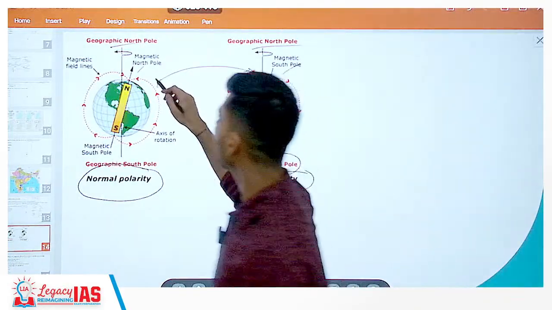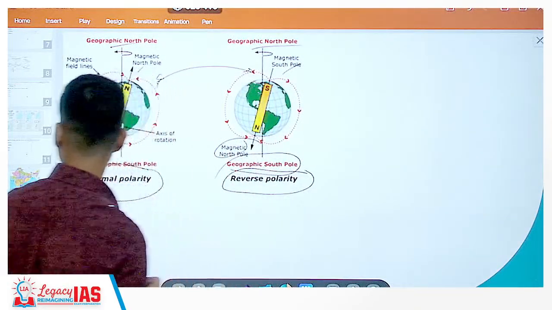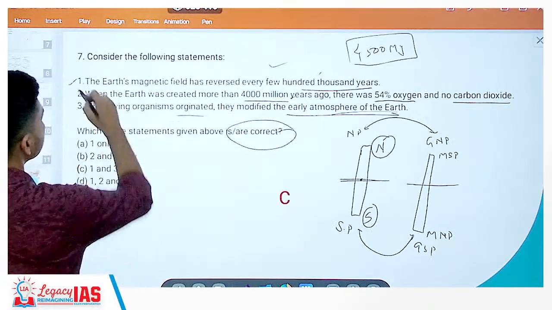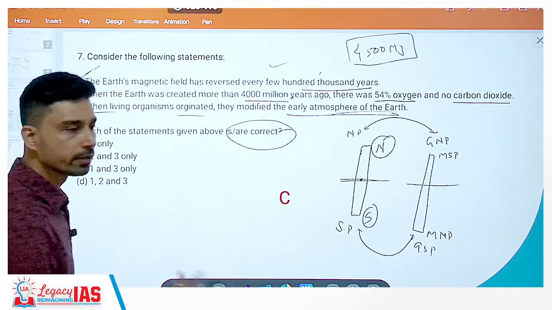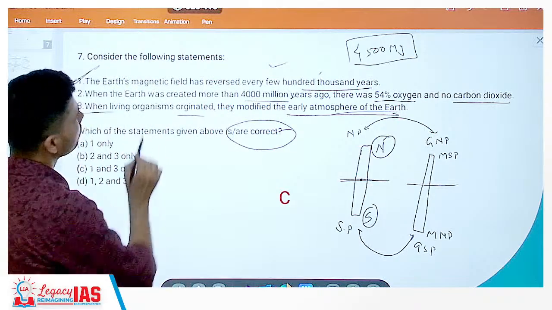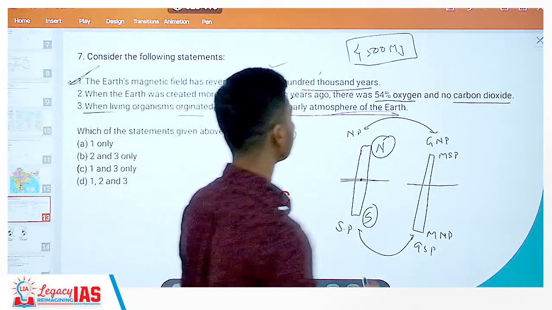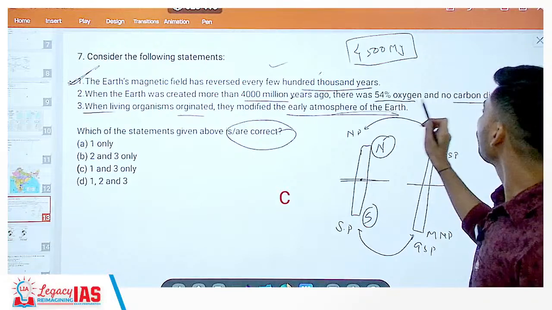So this is an area of active research, we can say. So from that what we can say, the first statement indeed is correct, reversal indeed happens. Second is, when the earth was created, that means in the earliest stage, it says that there was 54% oxygen